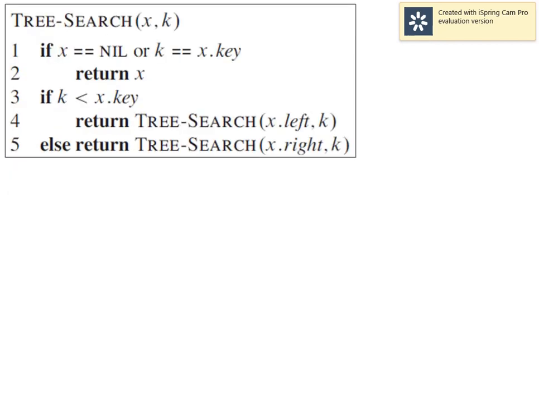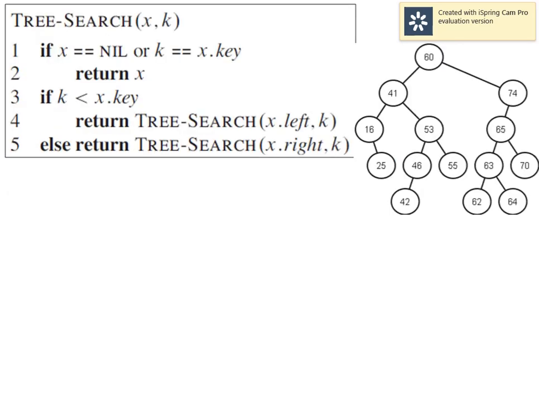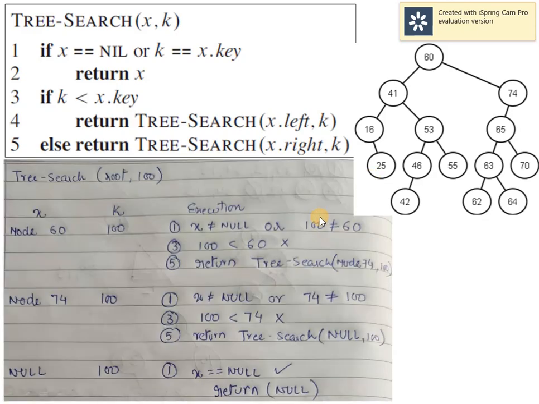Next, here are some examples. The same example which I have discussed for the binary search tree, that is we are searching for 100, which will be an unsuccessful search, and we are searching for 53. Here we have the stepwise execution of the recursive procedure for both the examples. Try to execute these procedures at your own end. I'm not going to discuss it here, although all these steps are included in these videos, so you can go through it and try to dry run the code for both the cases.